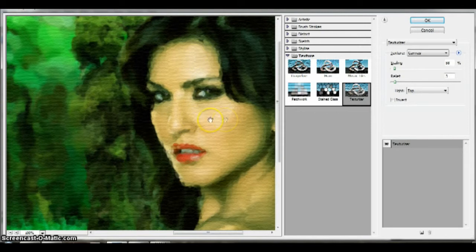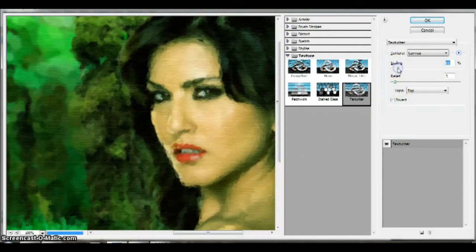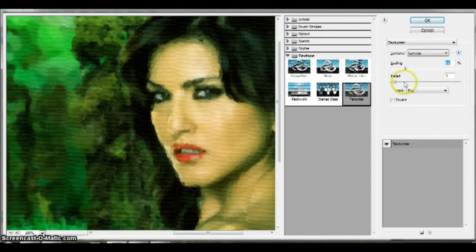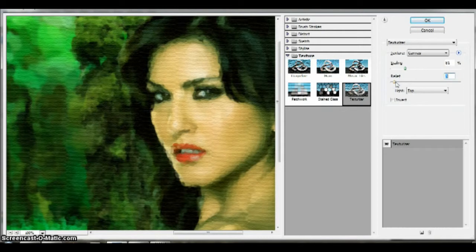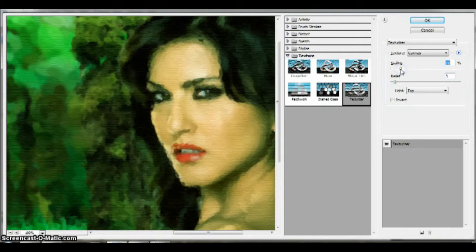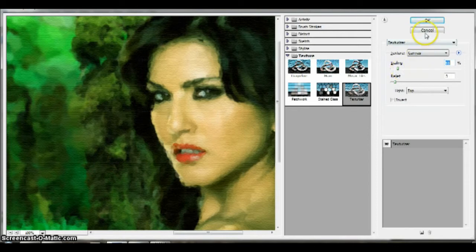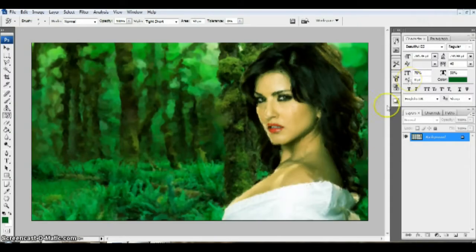It's giving a good texture to the image. You can adjust the scaling, the relief, and modulate it according to your needs. I think this much will give a good impression. Okay, this is done. Yeah, it's giving a nice impression.